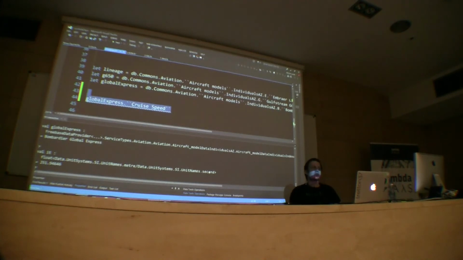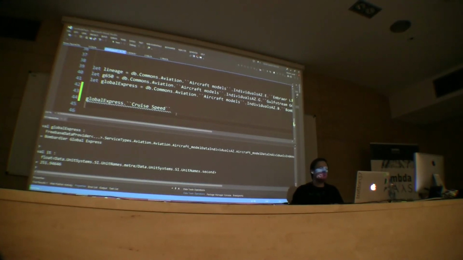One of the cool things about F# is you can have more complicated types. You can add units of measure information to the floats or integers. So you can be safe from comparing miles to meters, all this kind of stuff. But this is not a talk about units of measure, it's just interesting information. So yeah, I think I'm going to buy this plane. I like it. It's fast and cool.